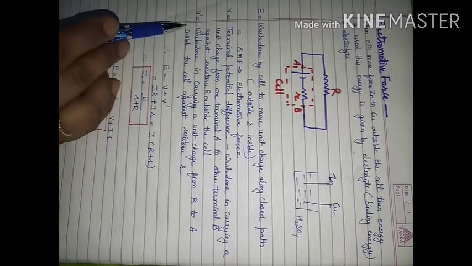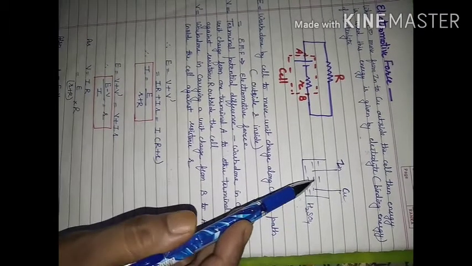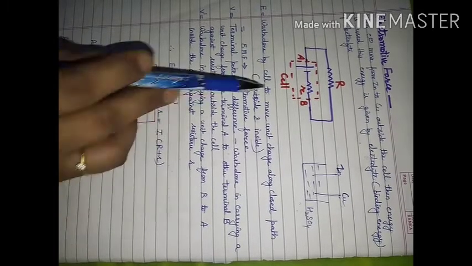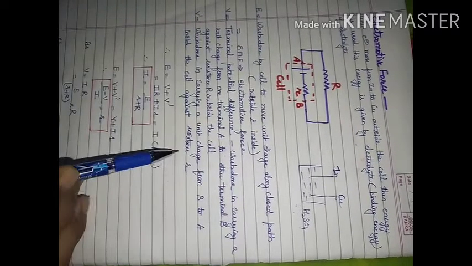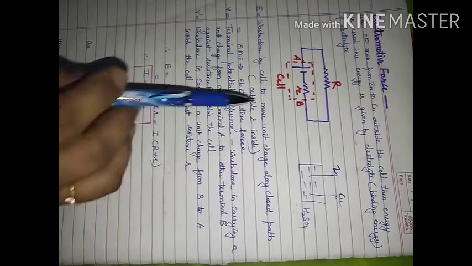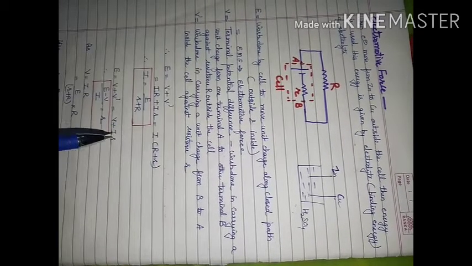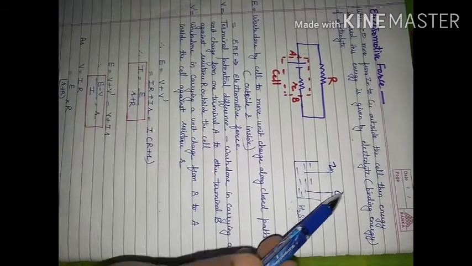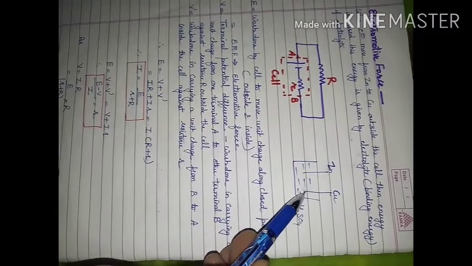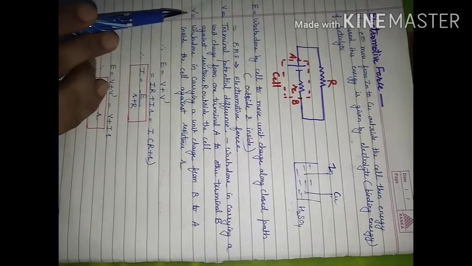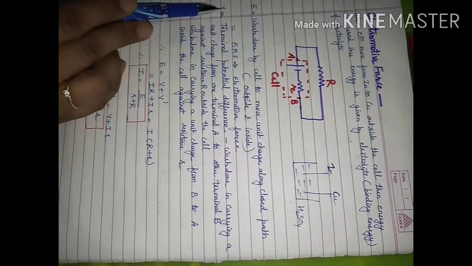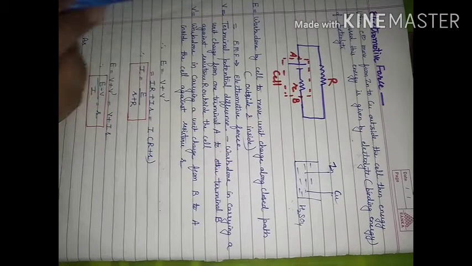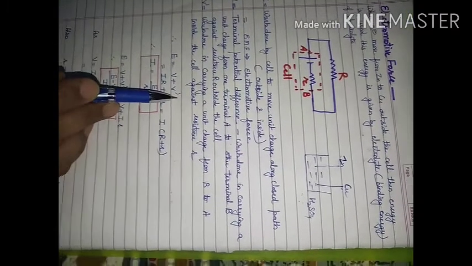And what is the work done to move unit charge inside the cell? This we are representing by V dash. This is work done in carrying a unit charge from B to A inside the cell against resistance. Which resistance? Internal resistance, small r. It means total work done E, I can divide in two parts: work done outside the cell and work done inside the cell. So inside we are representing by V dash. Outside we are representing by V, and total work done inside and outside we are representing by E. So E will be equal to V plus V dash.